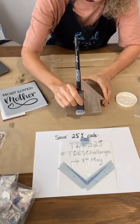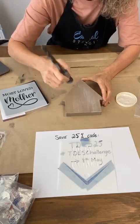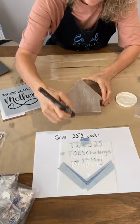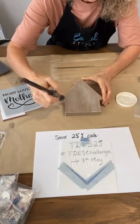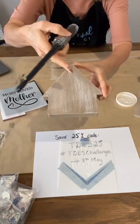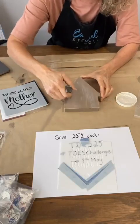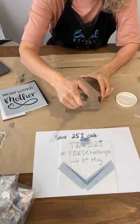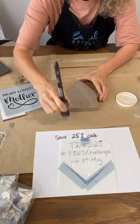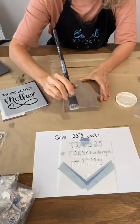And just going to drag that along. It's called dry brushing. So the brush is fairly dry with product. So you can always add a little bit more if you feel like you need more. Because currently I feel like this side's a bit heavier than this side. So I just add a bit more weight or pressure to the brush as we go down. And it is quite metallic, so it looks like just this whitewashy dry brush, but because it's pearl,